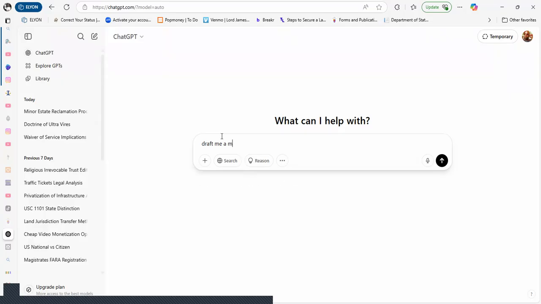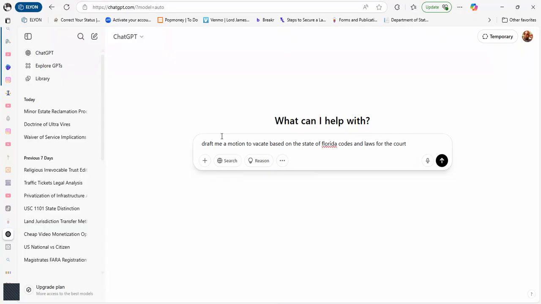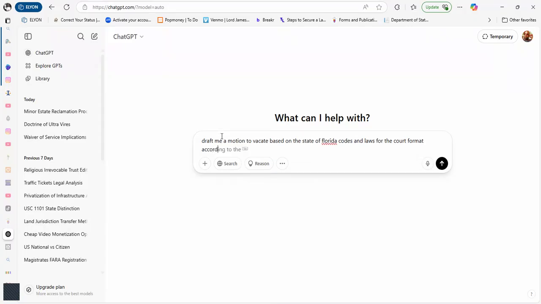Draft me a motion to vacate based on the state of Florida codes and laws for the court, format accordingly, and it will be based on a past judgment. What should we say here? Now, obviously, I don't know what your scenario is, but here's where you want to put in your scenario. So we'll just say